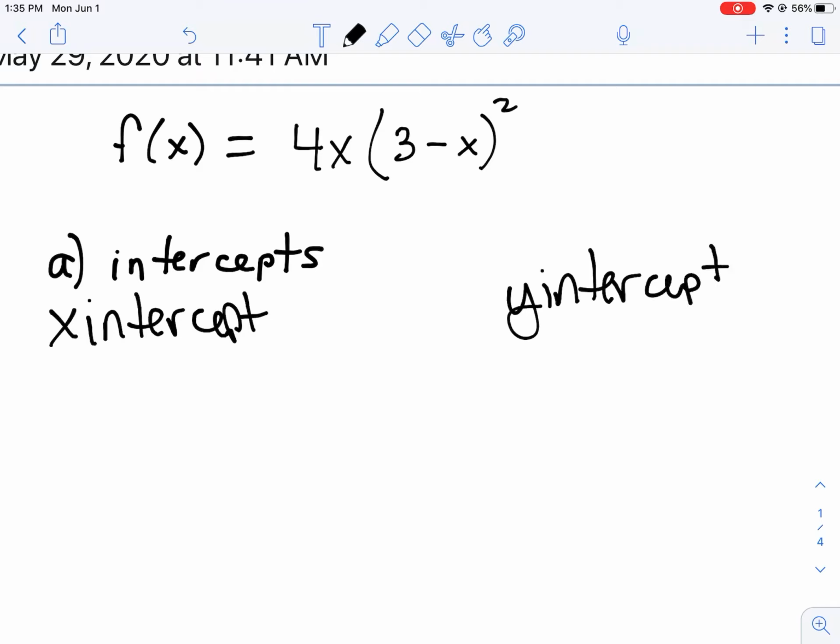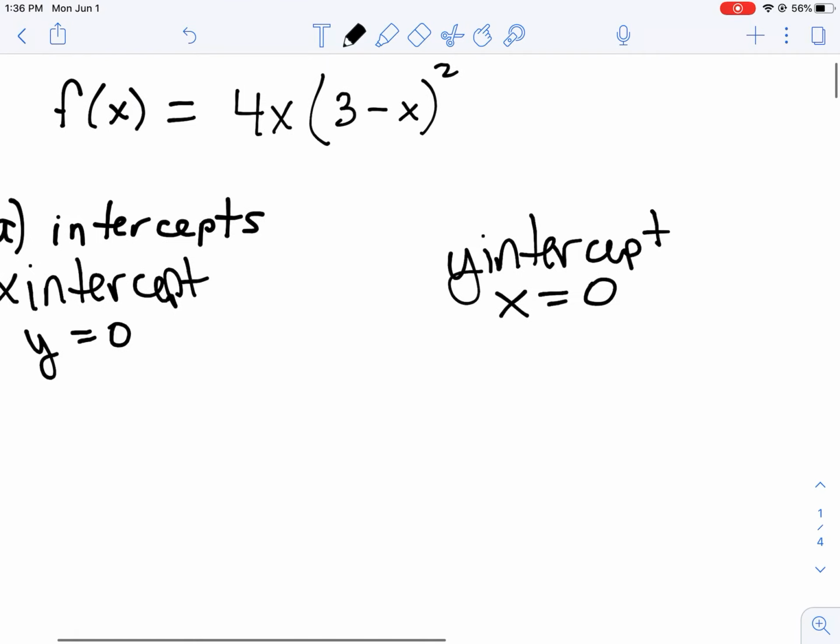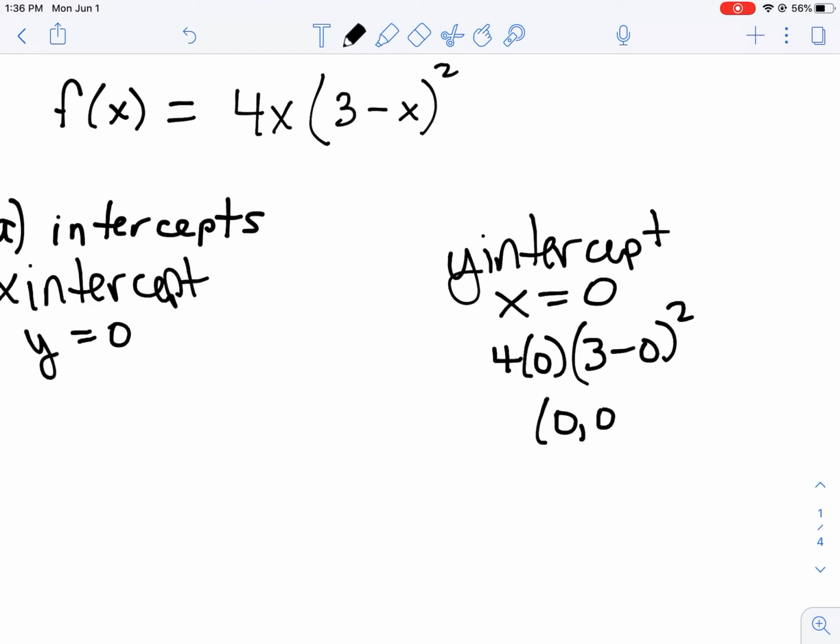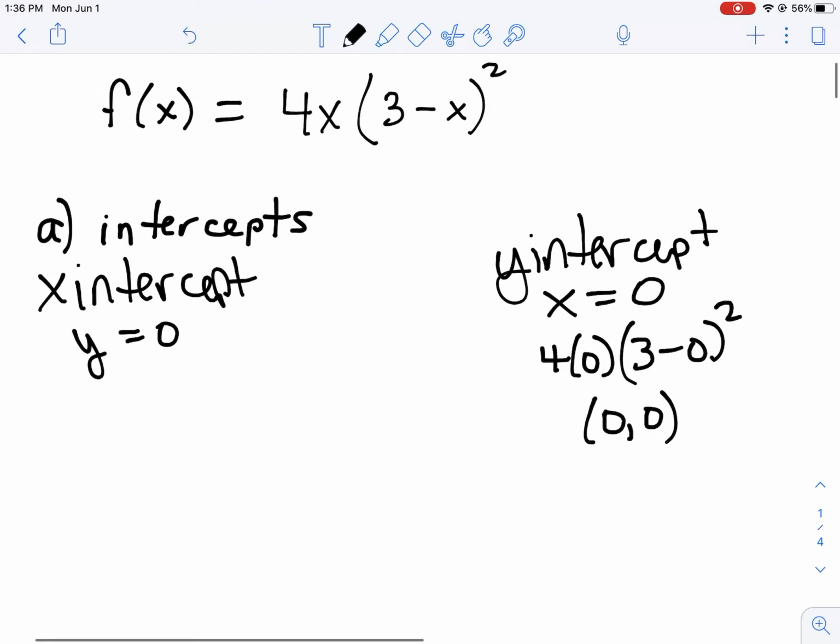You need both. Remember, for x-intercept, that's when y is equal to 0. And for the y-intercept, that's when x is equal to 0. Okay, I kind of like the y-intercept because it's so easy. So if I put in a 0 here, I get 4 times 0 and then 3 minus 0 squared. Well, that's going to end up being 0. So the intercept is the origin 0, 0,